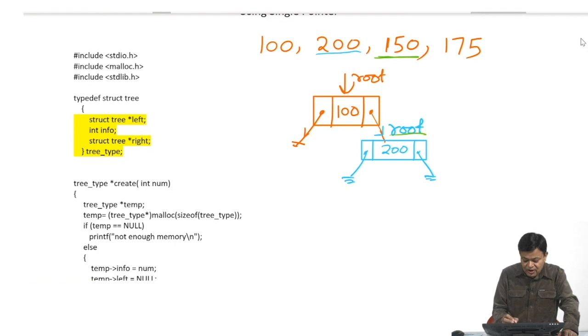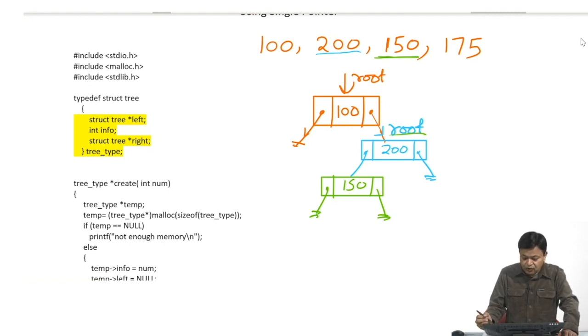Root arrow left is equal to null. It means we have found the place. So, we will place 150 here, and its left and right fields will be pointing to null.